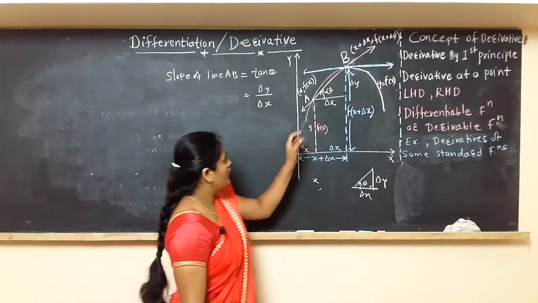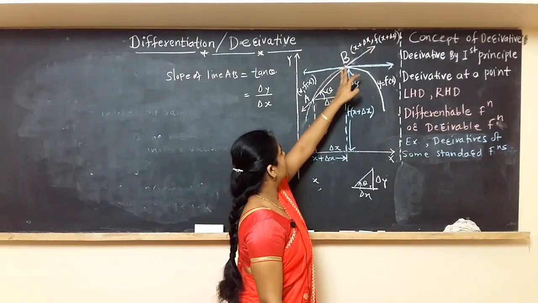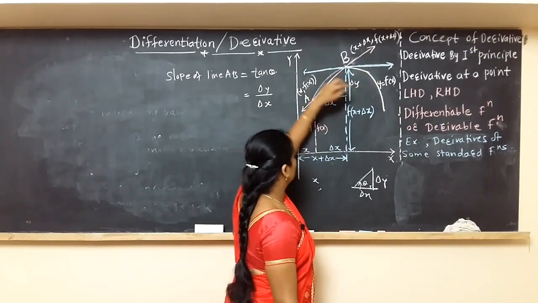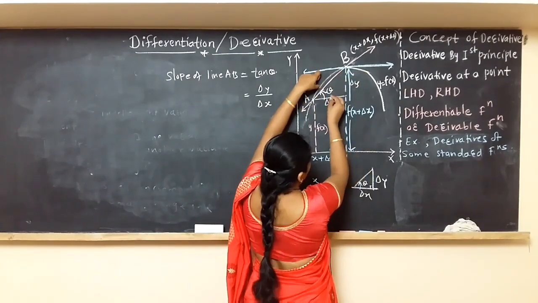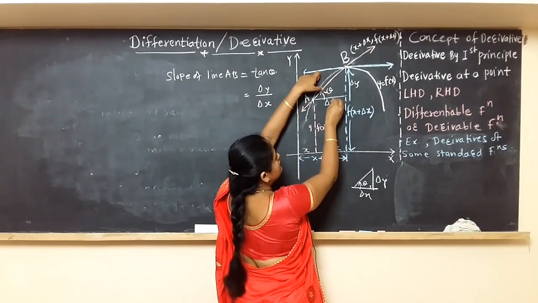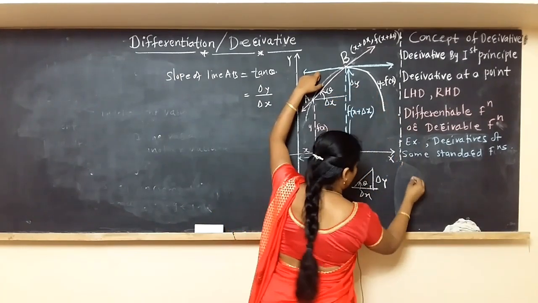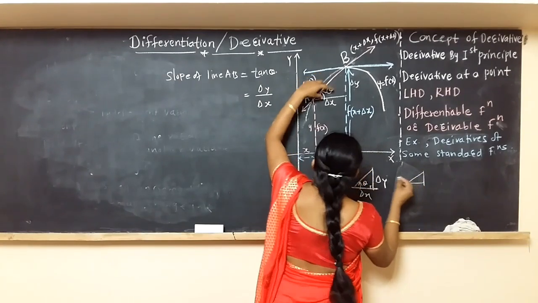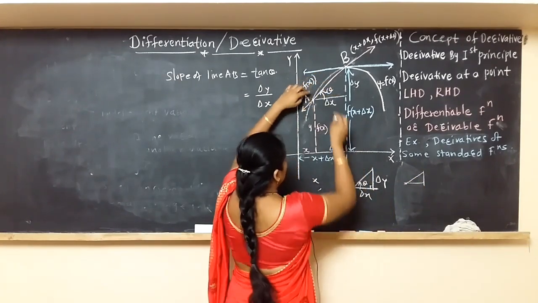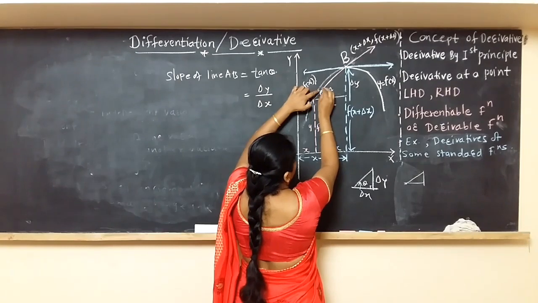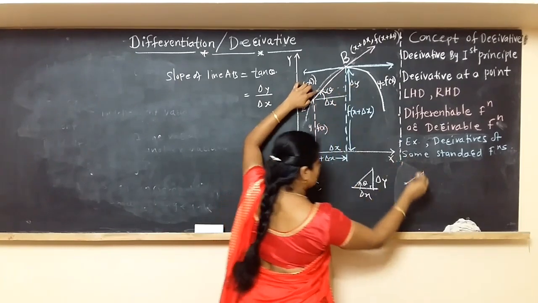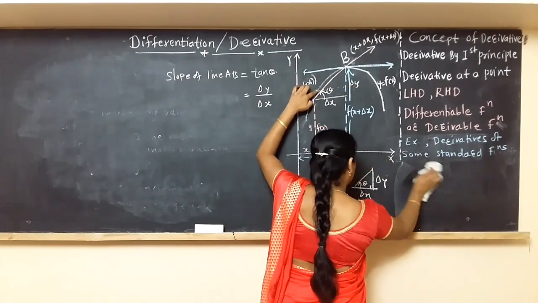That is, again we go to the right of this A on this curve. That means it goes on decreasing the distances delta x and delta y. We get these small triangles like this. That means this is the original delta x. If I draw a triangle to here, in that case our curve is like this.